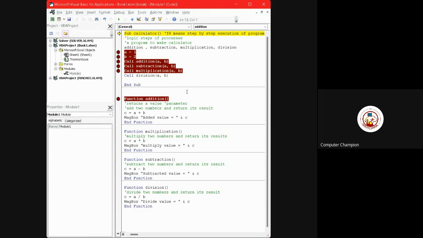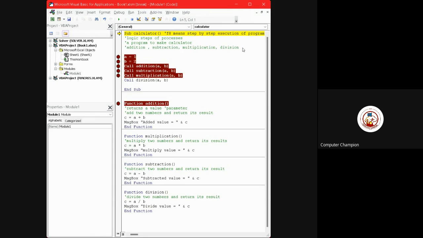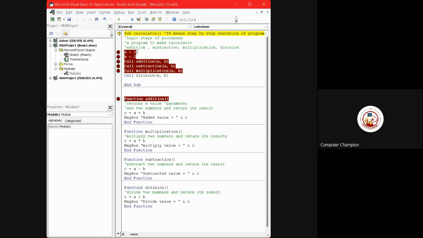Yeah, put some debugs. Now see, the above statement is there, which is addition, subtraction, multiplication. Please comment it. Yes, put an apostrophe, a single quote, here and comment it. You know, students, what a comment means? A comment will not get executed. It is not a keyword.